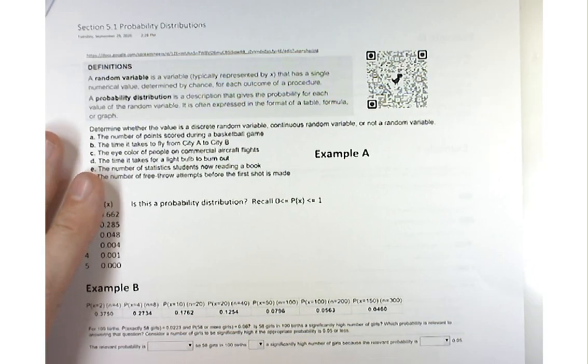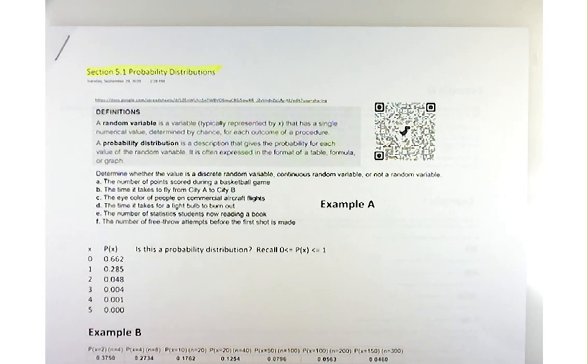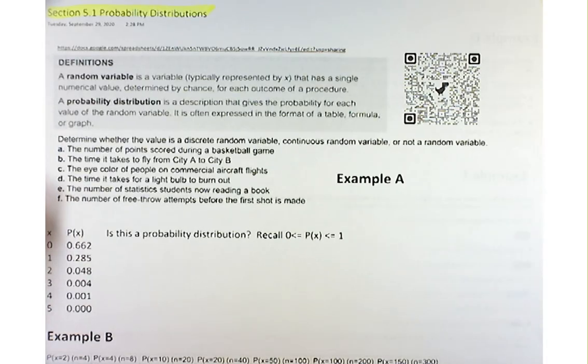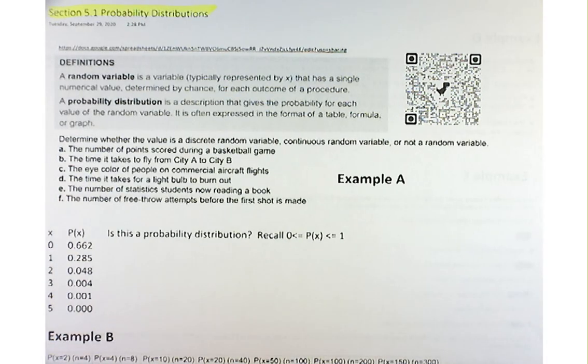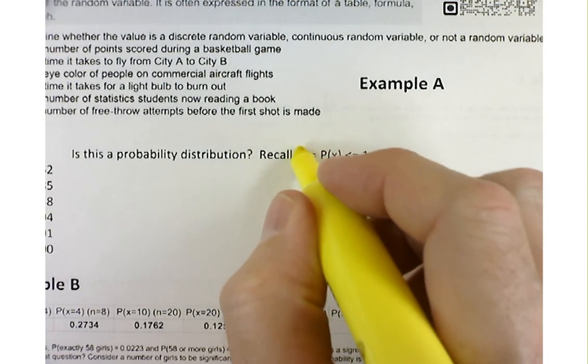So section 5.1 is going to talk about probability distributions. We're also going to talk about the mean, which is also the expected value, and standard deviations surrounding probability distributions. Well, let's just remind ourselves about a few things here in terms of probabilities. One of the things I have on your handouts is something that you should recall about probabilities.